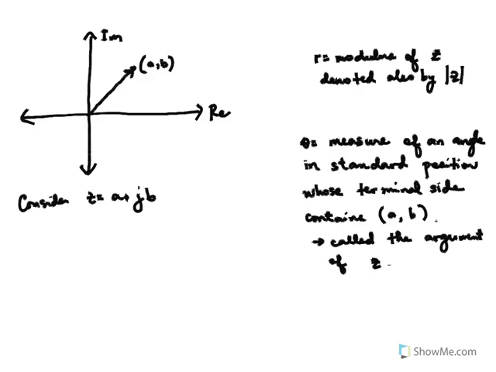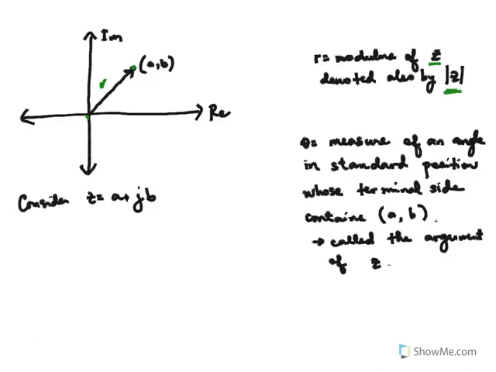Now, for this given representation, the length or the distance from the origin to point (a, b) on your complex plane is denoted by r, which is what you call the modulus of your complex number z,